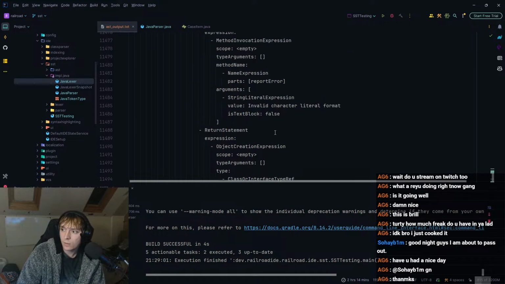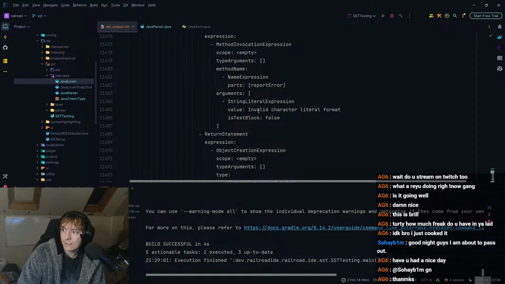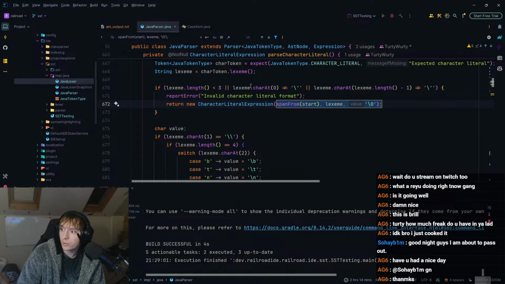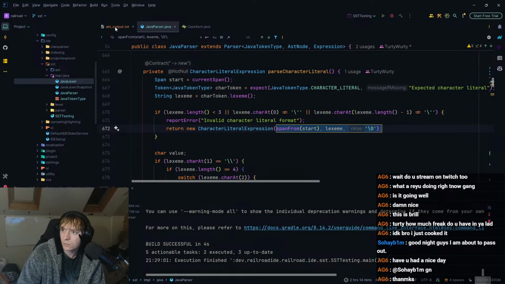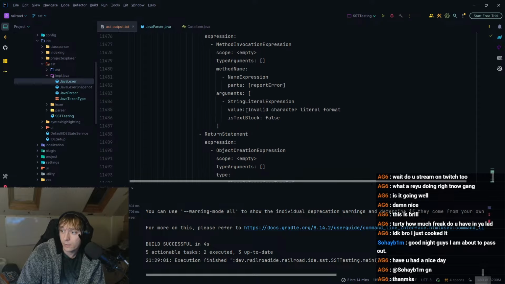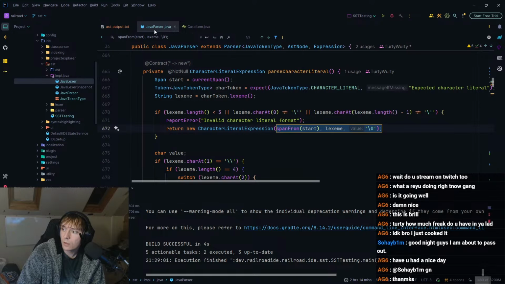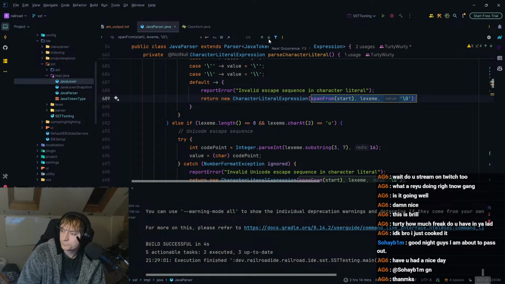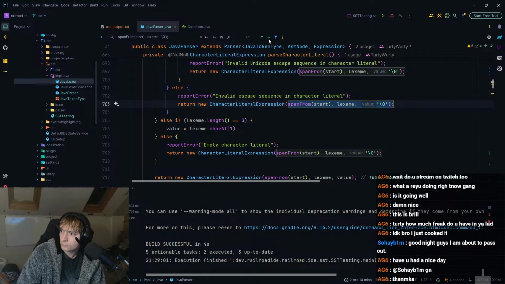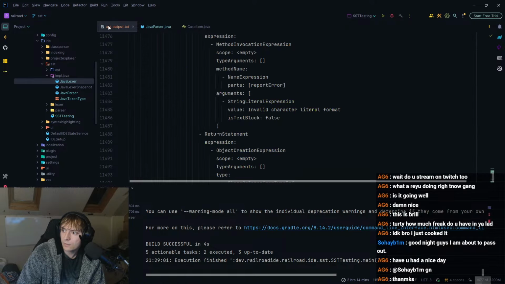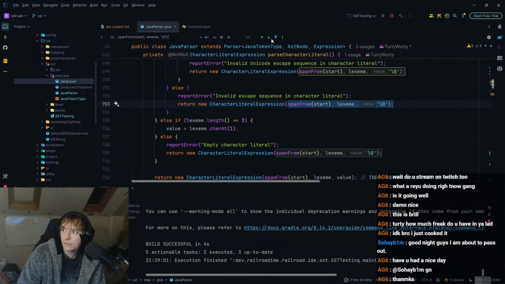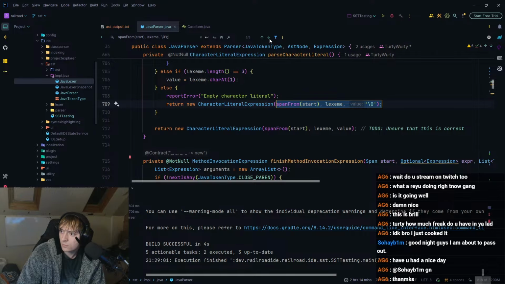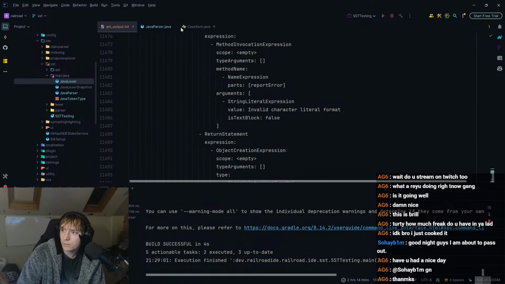Okay, interesting. Is there a string in valid character literal format a couple lines before it? Or the line before it? Yeah, there is. Interesting. Valid, no, it actually does have to be valid, empty character literal.